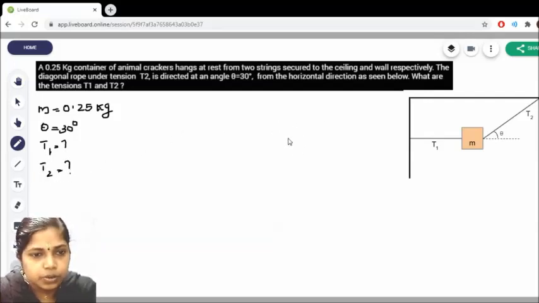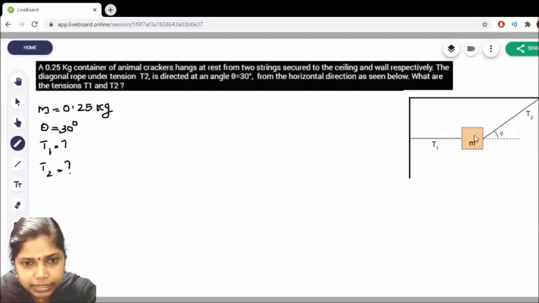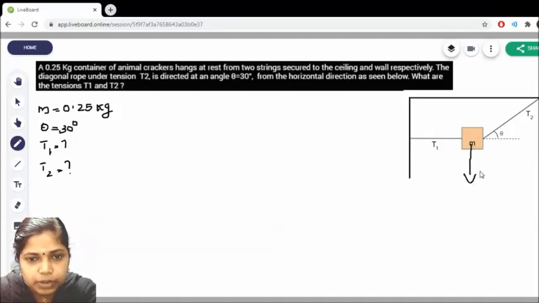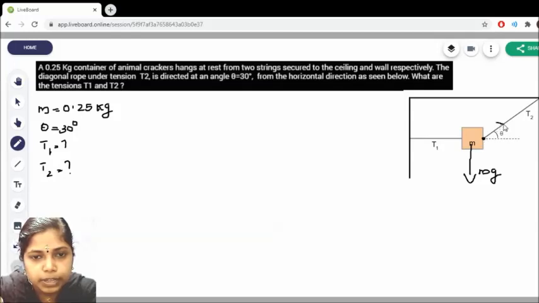Right, so let's draw the free body diagram involved here. First let's draw roughly in the diagram itself what the directions of the forces are. The first force acting is the weight of the object, which is acting along the downward direction, and the next force is the tension in the string. When we are taking the tension from this contact point, the direction of tension will be along this direction, and from the other contact point, the direction of tension will be along this direction. And now you can see the three forces.